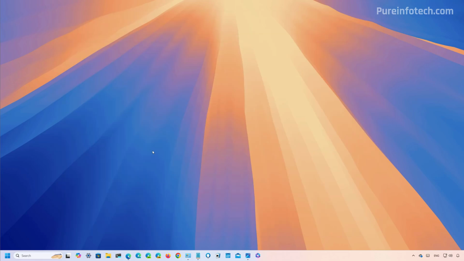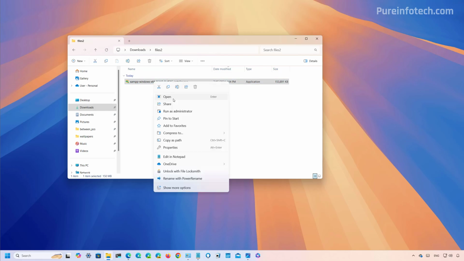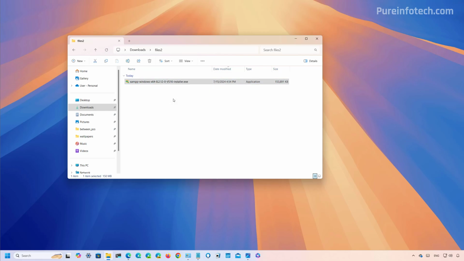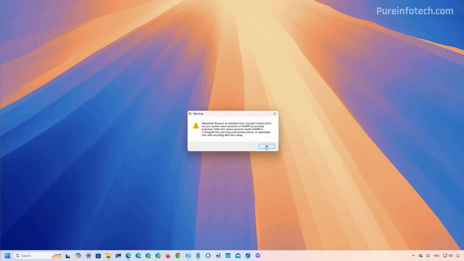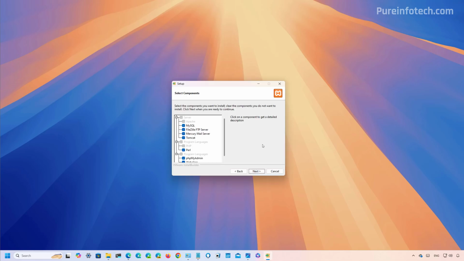You need to open the file where you downloaded the installer. Now just right click the installer and select the open option. If you get this warning, just click OK, then click next. XAMPP offers various components that you can install such as MySQL, PHP, Apache, and more. And since you will be using most of these components, I would recommend you just to leave the defaults and